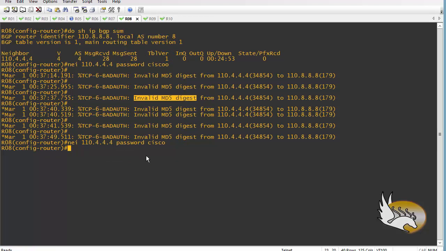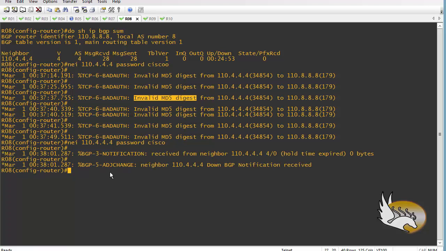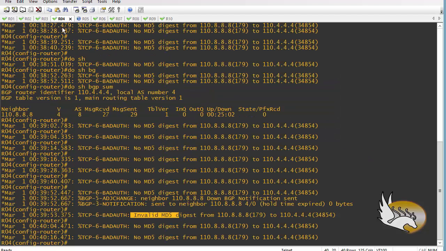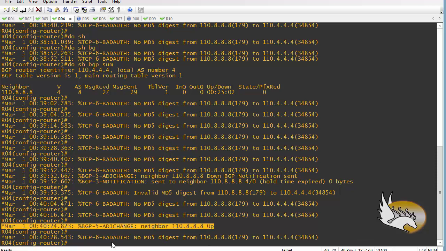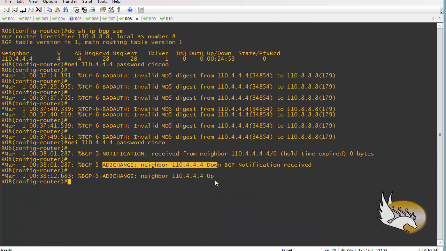Now it is corrected, and no more messages are going to be here. Adjacency has changed. Neighbor is going to be down, and again it is going to be up in a few seconds, and that's it. And this is it. Okay,